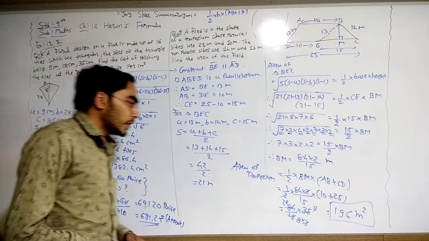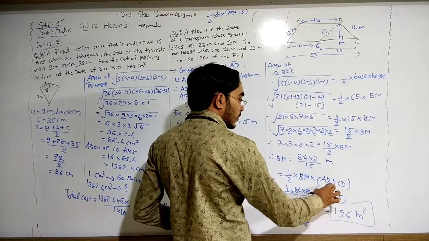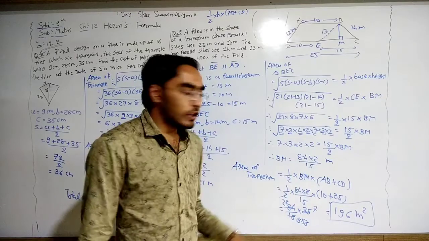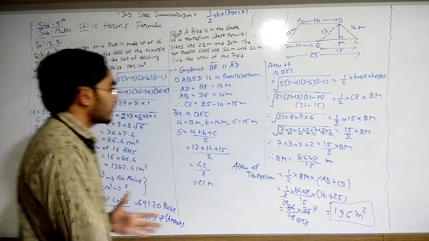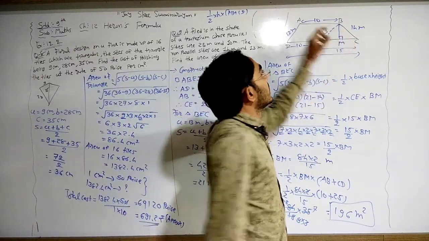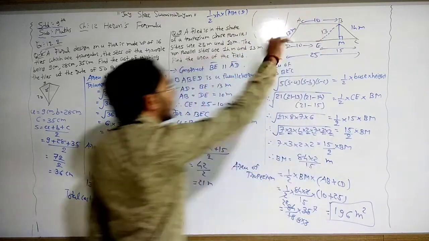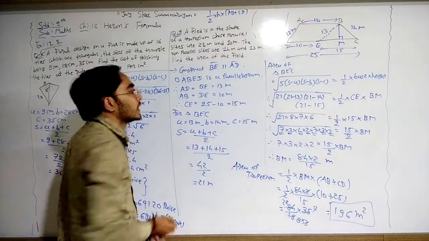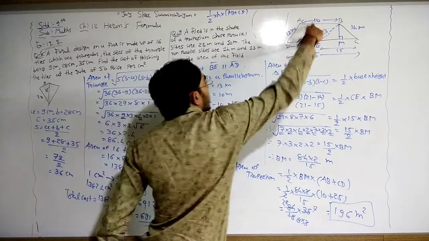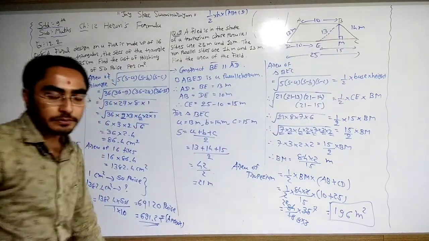Area of trapezoid is half into height BM multiply the sum of parallel sides, so the addition of AB and CD. Here we know the values of AB and CD, but we don't know the value of BM. So first of all we need to find the value of our height. How can we find it? Just do the construction here: AD parallel to BE. AB and DE are already parallel, so ABED becomes a parallelogram. Opposite sides AD and BE are both 30, and opposite sides AB and DE are both 10. Now this is 10, so the remaining CE is 25 minus 10, 15.